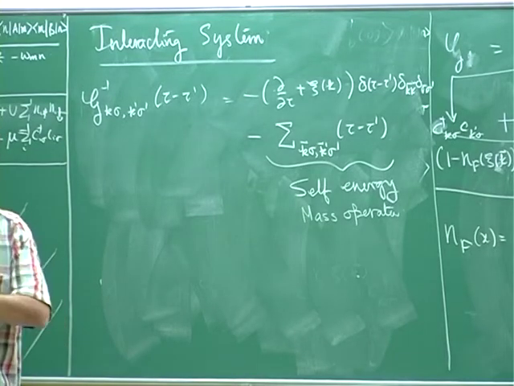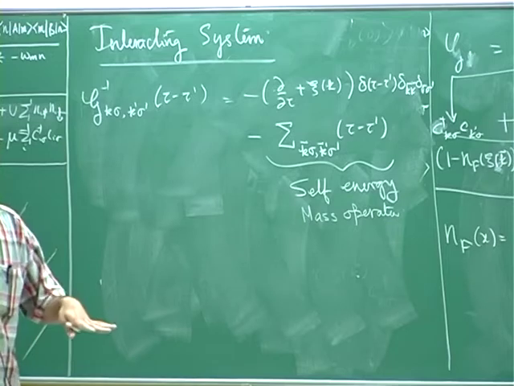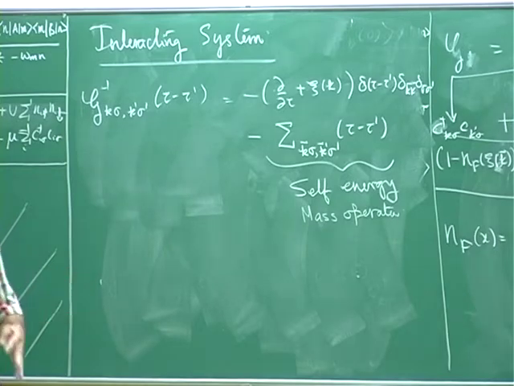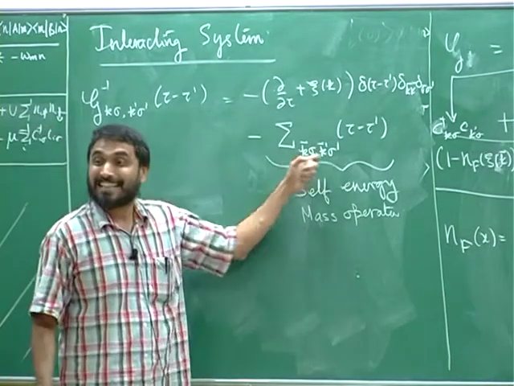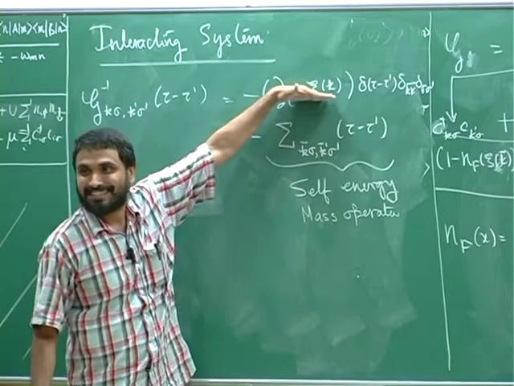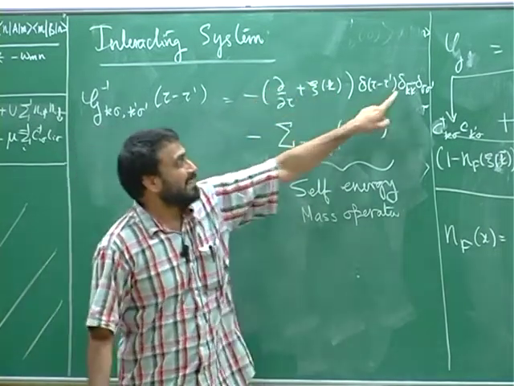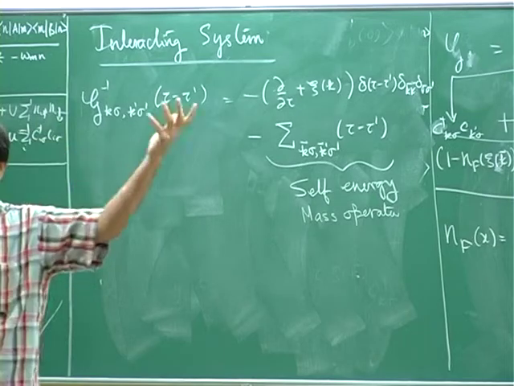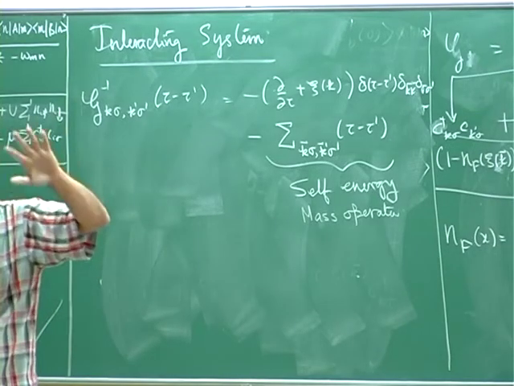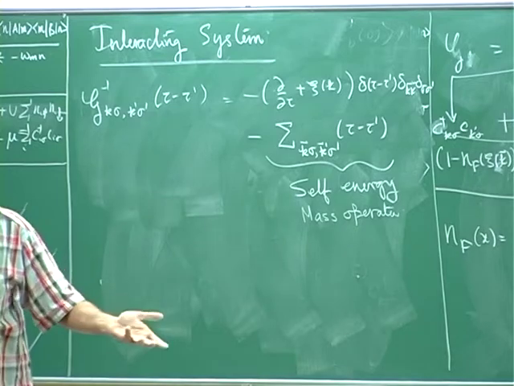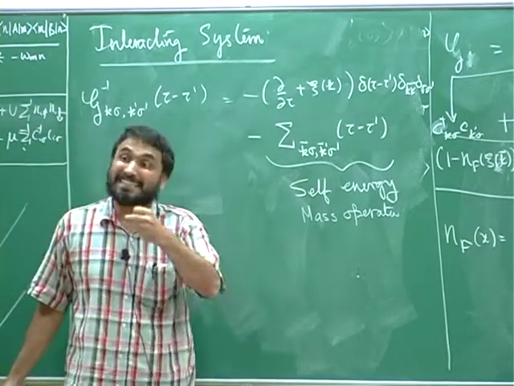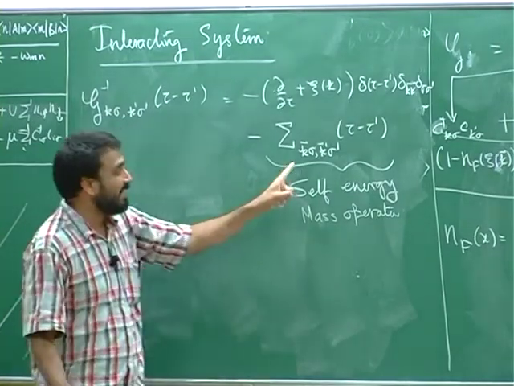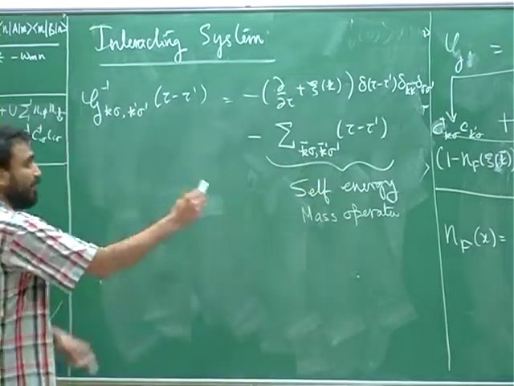But if I have a system which doesn't break any symmetries, so for example, a Fermi liquid kind of state, no symmetries are broken, right? Then this fellow will become diagonal in these indices as well, just like this guy. So the statement is that its structure is determined by the symmetry of the state. The free particle state that we wrote down, the free filled Fermi sea and the particle hole excitations of that at finite temperature, are completely symmetry preserving. They don't break any symmetries, right? So if my state is of that nature, if I find the final answer is a state which doesn't break any symmetry, then I can simplify this and say that this quantity